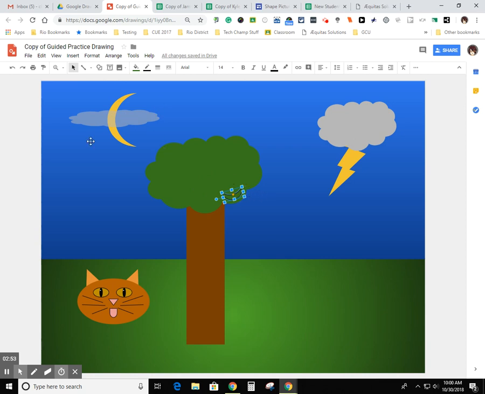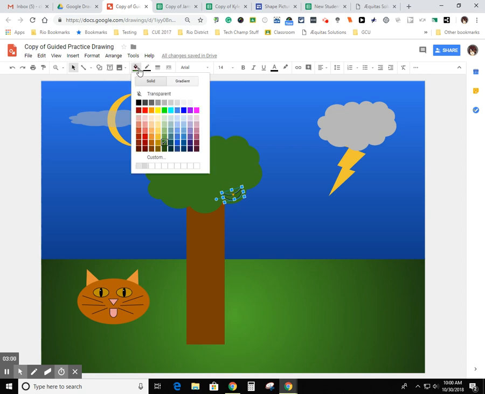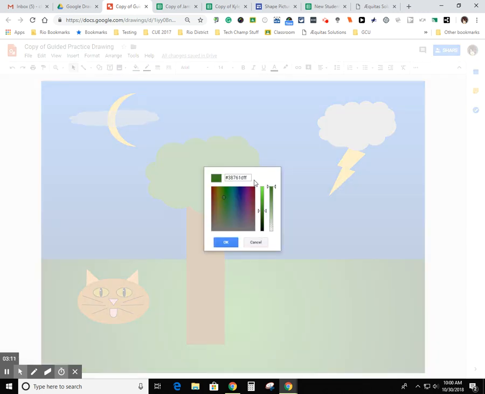So if our light source is up here, then this is going to be darker. So I click on this. I'm going to go to my paint bucket. Now, one option is just to click this darker green that's in this same column. That's obviously an option, but what I want to teach you to do is go to custom. All right, now we already played with this one, and this one creates transparency. You also have this column here, and this plays with the hue of the color that we're using. So if I grab this and I go a little bit darker